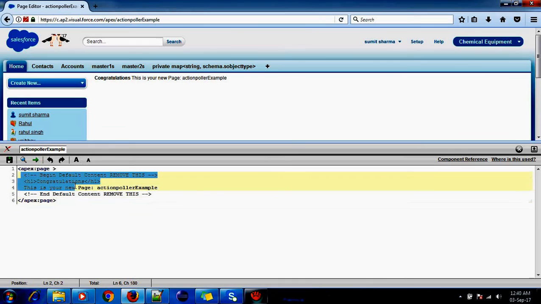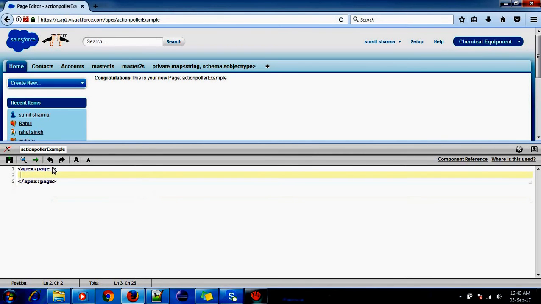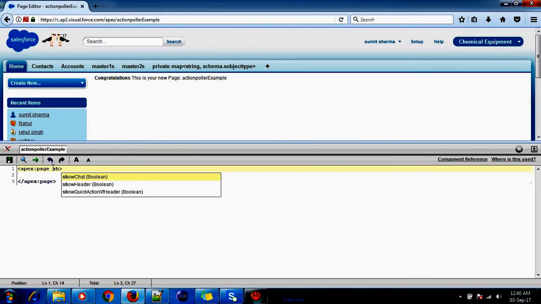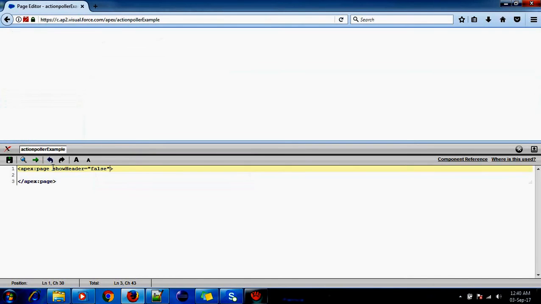Here I'll remove the header and sidebar, so I'll set show header as false. If we set show header as false, the sidebar as well as the header is removed.